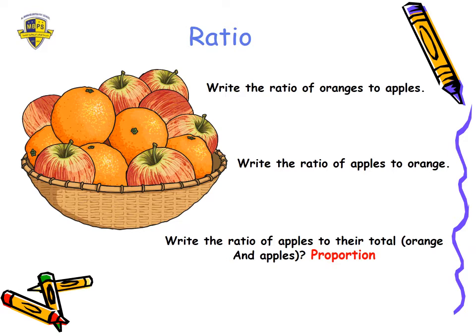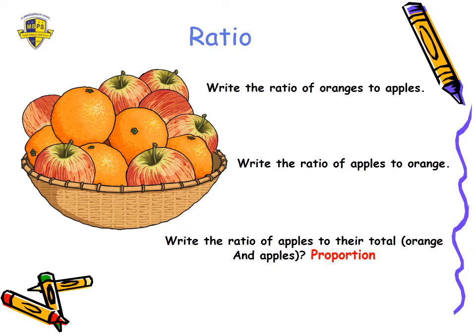Another example. Now let's count how many oranges we have. Who can tell me? Excellent, 5 oranges. And how many apples? Good, we have 7 apples. So let's solve the questions. The first one,